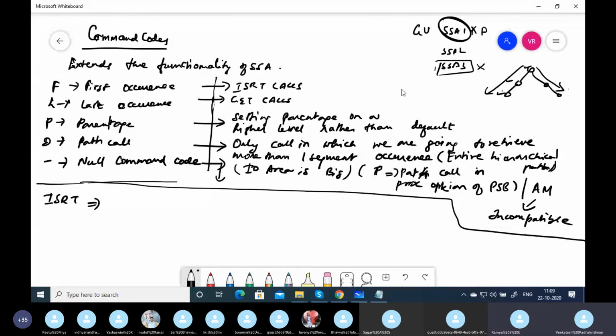Okay. So in an insert call, you are supposed to check the status codes. What is the duplicate? II means duplicate. And if you are not establishing a parent and you are trying to do a GNP call, you will get GP status code. Some status codes will also be asked. Suppose they ask you, what are the different status codes you got while working? Can you tell me some other status codes you got while working?